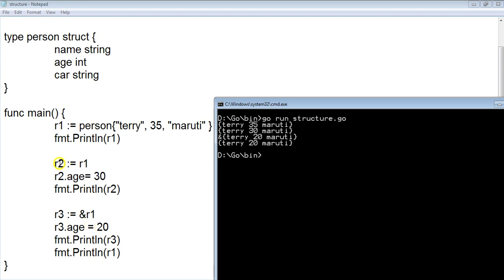The second block is copying a structure by value, and the third is copying a structure by pointer. Copying by value will only change the recipient field, but not the sender's or source field. But when we copy the reference, it changes the values of both structure variables. That is one inference you can draw from this. So that's it about structure variables.